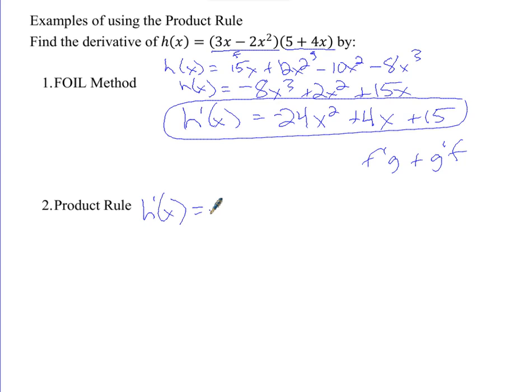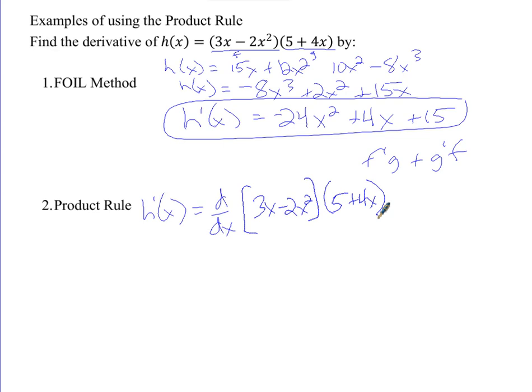Now, the product rule tells me take the derivative of f. So I'm going to be very formal, and I'm going to write all this out, and I really recommend that you do as well. The derivative with respect to x of f, I'm using brackets if I'm taking the derivative, of 3x minus 2x squared times the original g, which is 5 plus 4x,